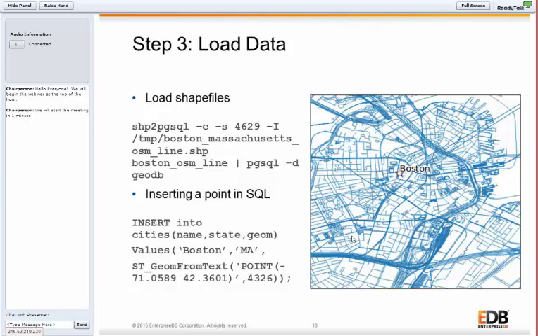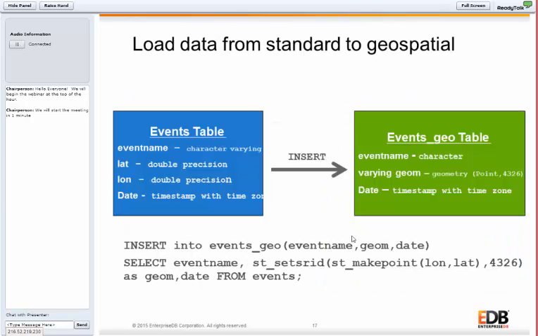And then over on the right-hand side, that map is just very simple. I just did that with QGIS, and I loaded the lines for Boston, and then added the one row I had in the cities table, and included a label with QGIS. Optionally, with shp2pgsql, and in this example, I created a new table. That's not necessary. You could optionally append to an existing table, include and exclude attributes that you need.